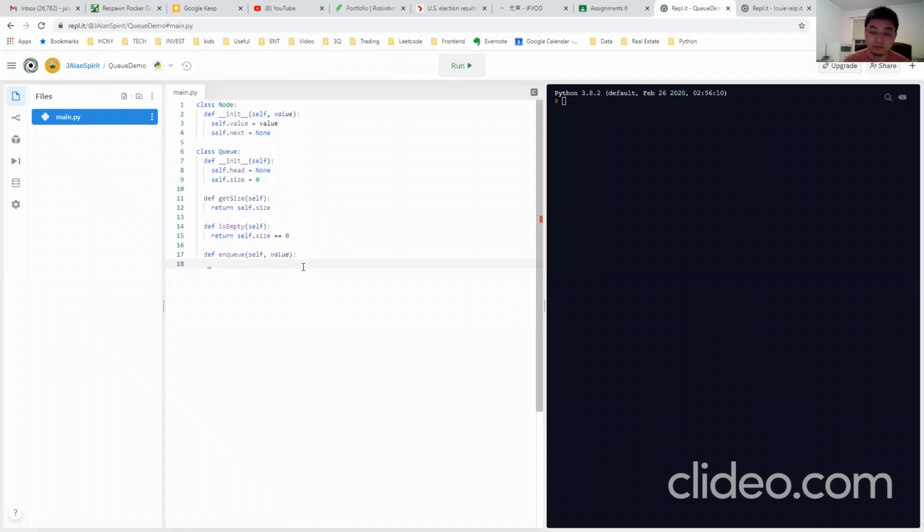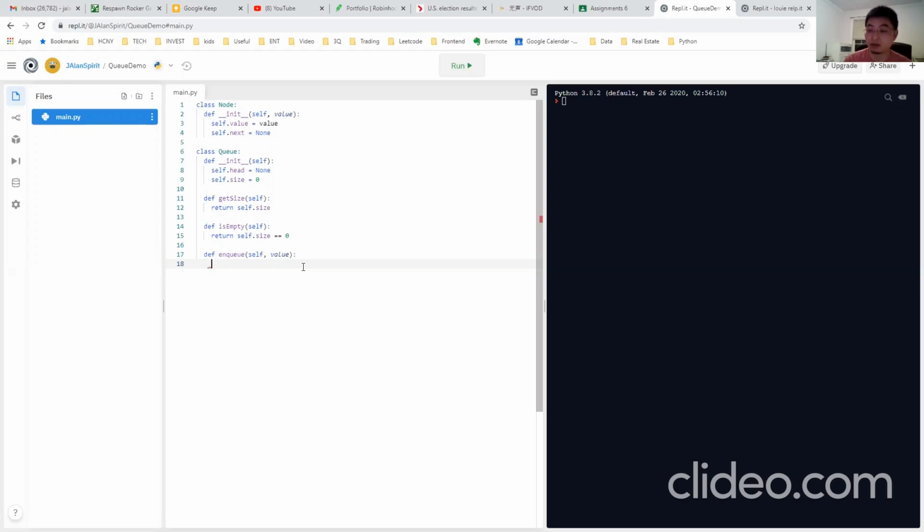What's the first thing? Julian? Create a new node, right? How do we create a new node? You create a new variable, right?